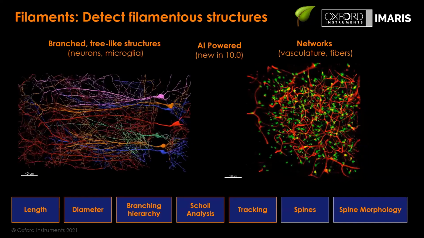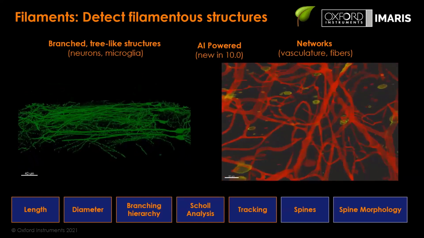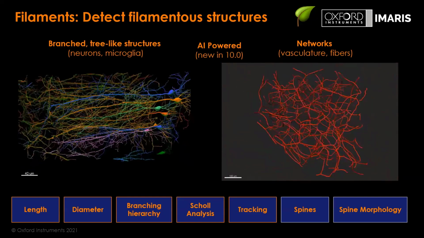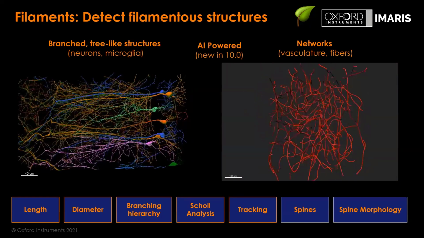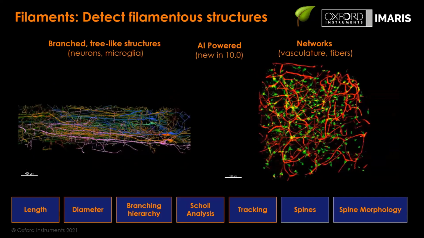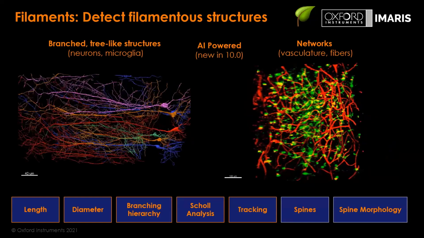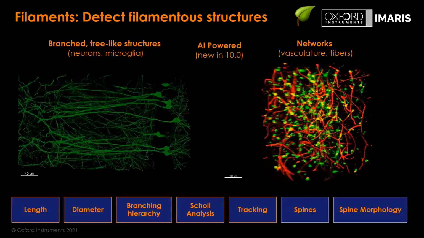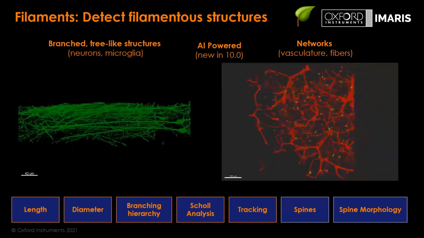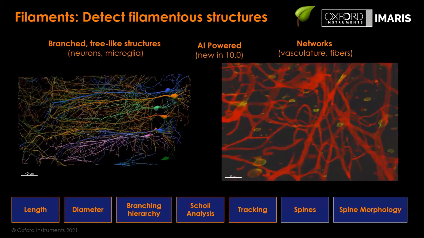So what's the difference between just using a regular surface maybe for your neuron and doing a filament object? If you just do a surface, as you can see here, for example, on the left hand side, the blue or the orange guy, you get the complete surface of the neuron. So you can get the total volume, and you can get the surface area, for example, or the intensity inside. But if you want to detect individual dendrites, the length of individual dendrites, the thickness of individual dendrites, the intensity on each of those dendrites, then you can use the filament object, which will create a skeletonization, and